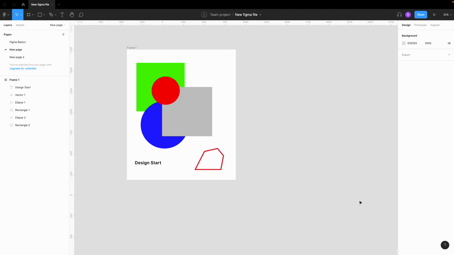Today we are going to talk about export. Even though Figma is a collaborative tool and in the majority of cases you'll share your designs with a team or with developers or with your clients via sharing link, but in some cases you need to export your designs as PNGs or as SVGs or as PDFs